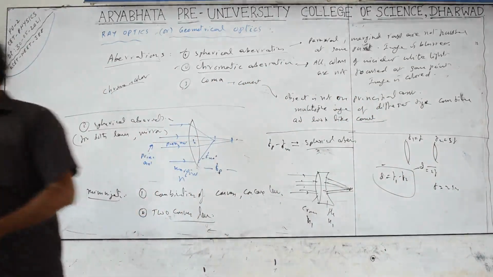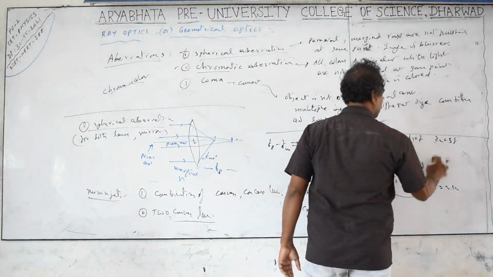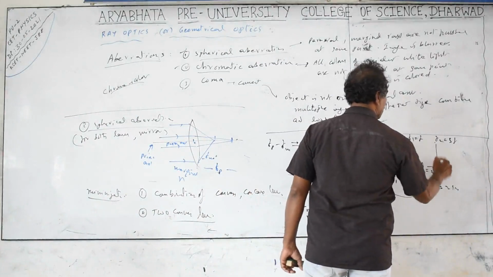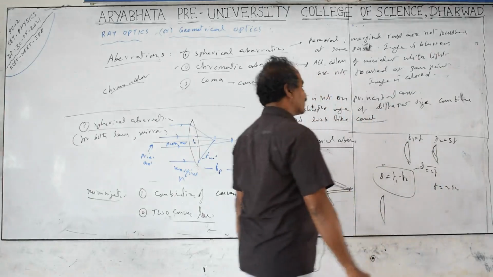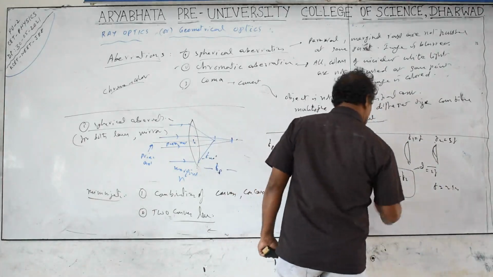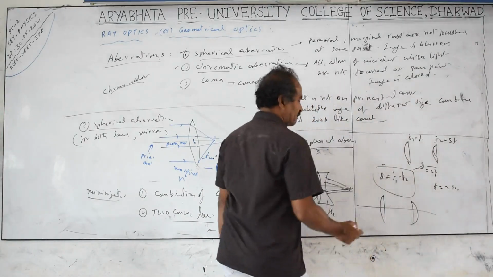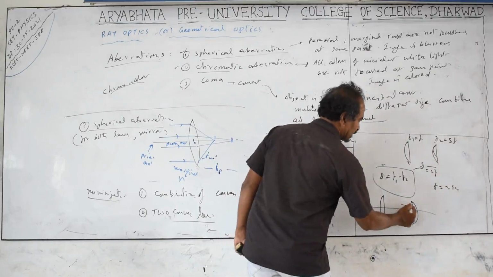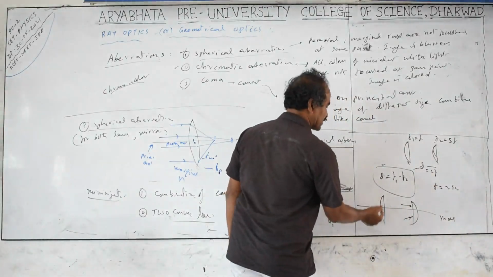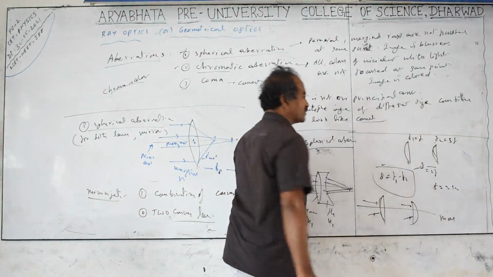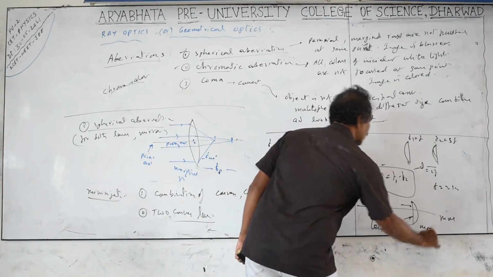Another method is, instead of double convex lenses, plano convex lenses are generally preferred. Focal length does not depend on which side is curved, the same focal length is possible. But if you take plano convex lenses, with the curved surface on the left side or the curved surface on the right side, two cases arise. If the plane surface is towards the incoming rays, you will find more spherical aberration. If the plane surface is on the right side, meaning the curved surface faces the incoming rays, the spherical aberration is less. Details are not required right now.